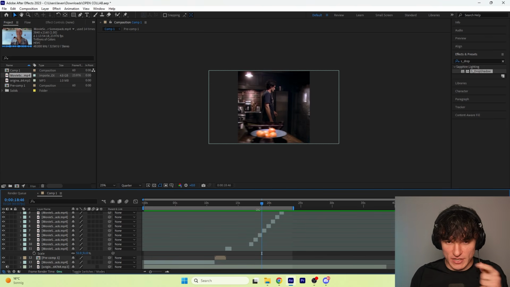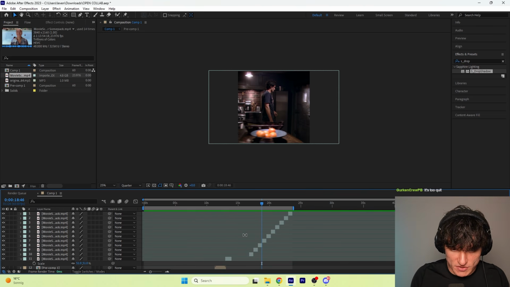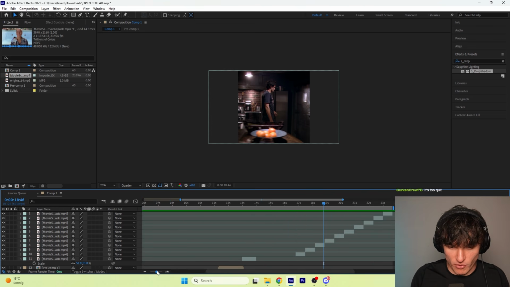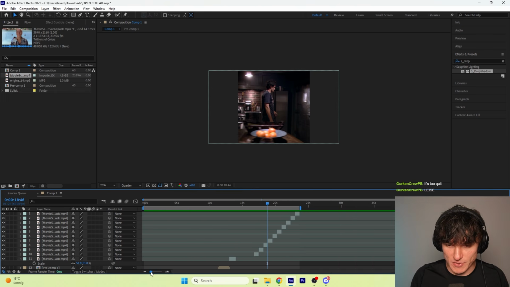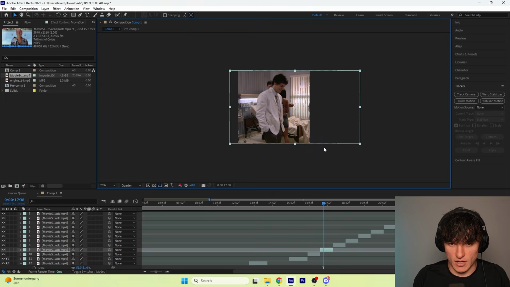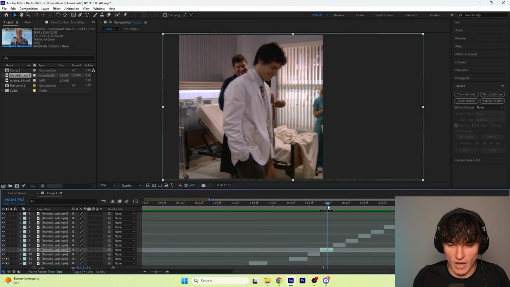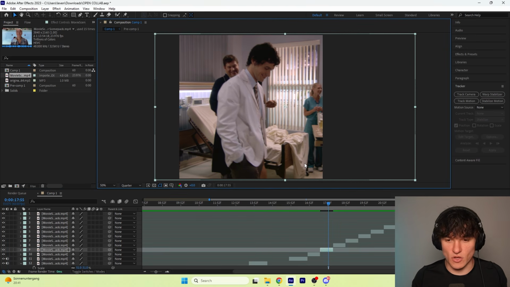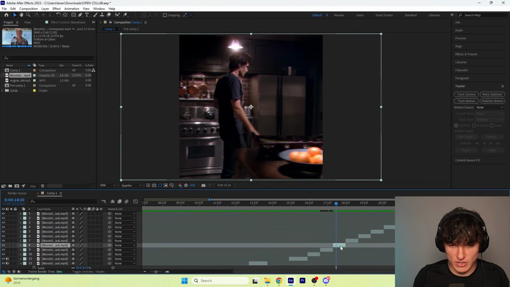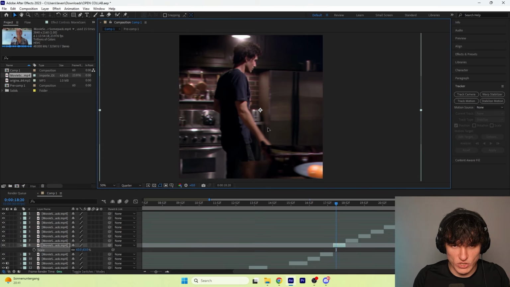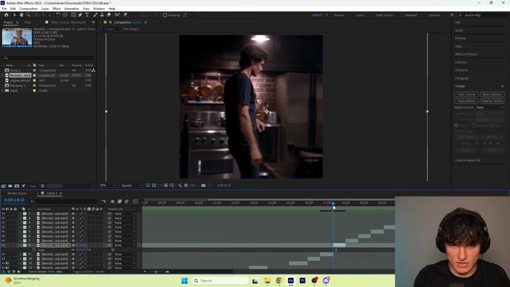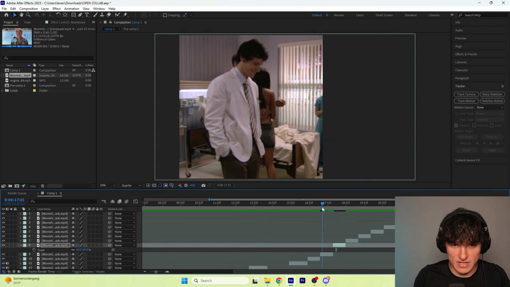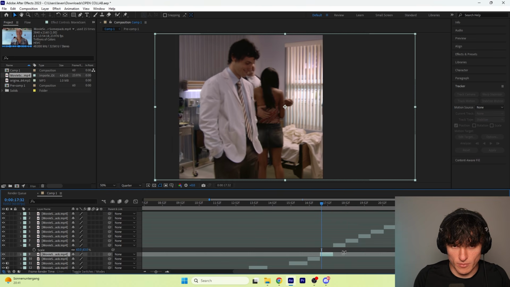Now, next up, I'm gonna reposition them and see which ones are best placed where, because I usually like to play around a bit to see which ones fit together, especially when we're making parallel scenes. I get so many DMs, people always asking me how to do the parallel transitions. It's not that deep, just align the clips with each other and then make sure they align once you switch the scene. So we have to make sure that the position of these two roughly aligns. It doesn't have to be 100% perfect, it just has to make sense for the transition.